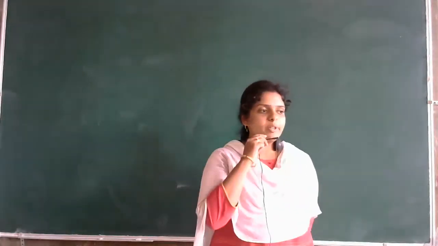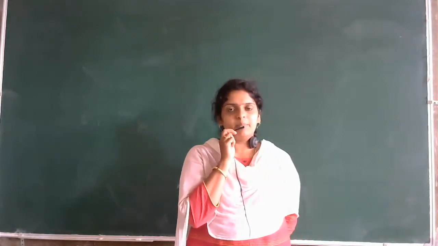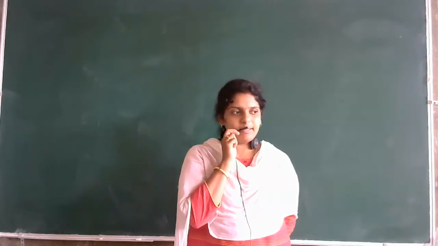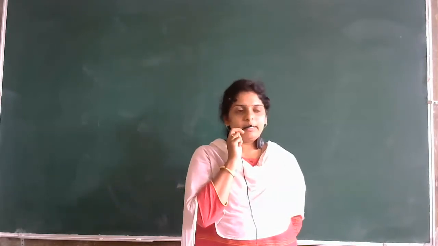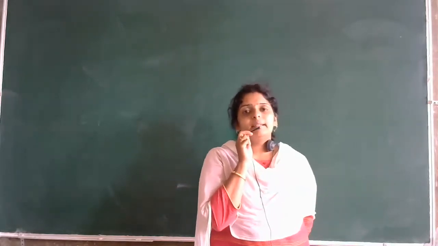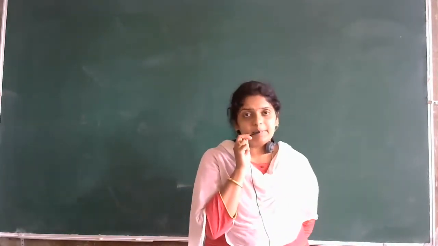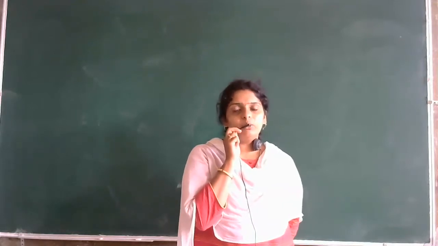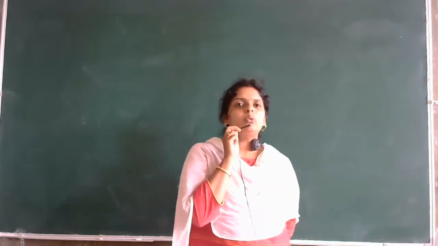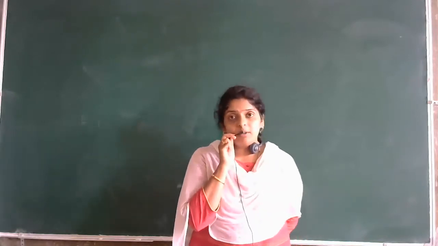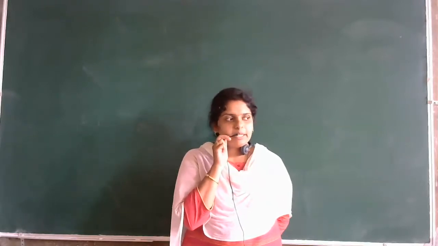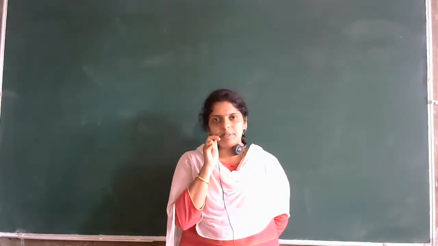So in types of error, you have discussed absolute error, relative error, and percentage error. So what is this relative error? Relative error, how are you going to do it? It is the difference between the given value and the true value, or you can say the measured value and the true value. That difference is known as what? That is absolute error.